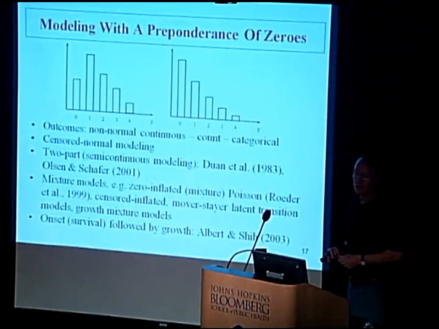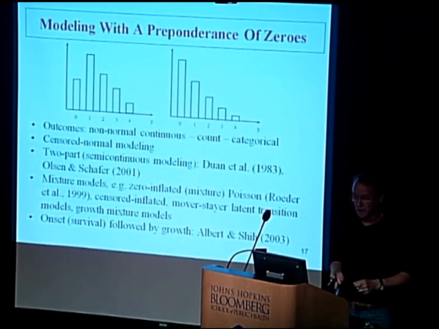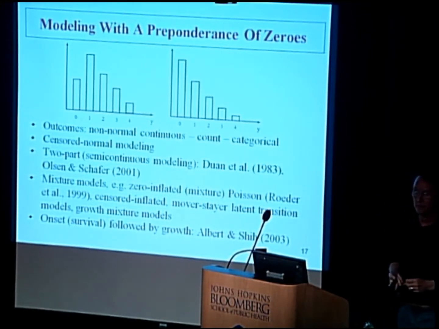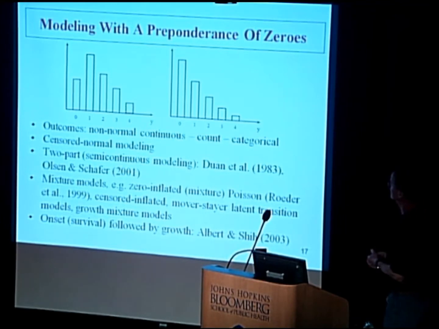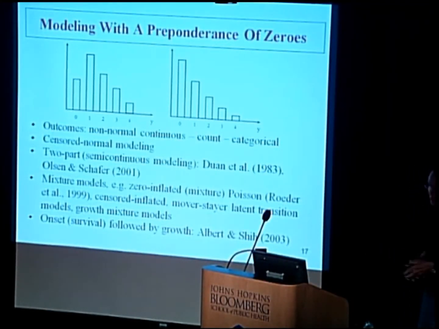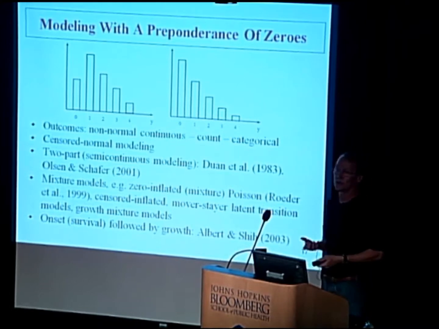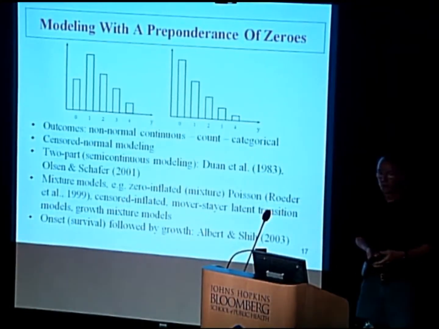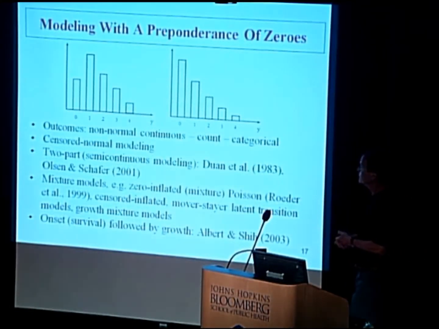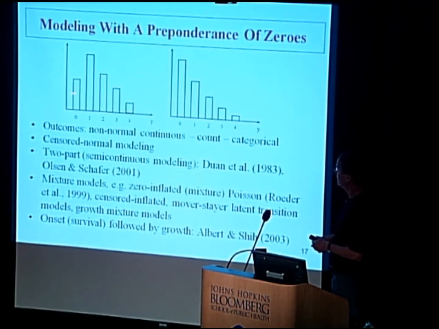So now we're going to put together several of the building blocks that we talked about yesterday and that you mastered fully at this point. And we're going to talk about modeling with the preponderance of zeros, as it has been called in the literature. We're going to focus on non-normal data, and we're going to make a distinction between two cases, the one on the left and the one